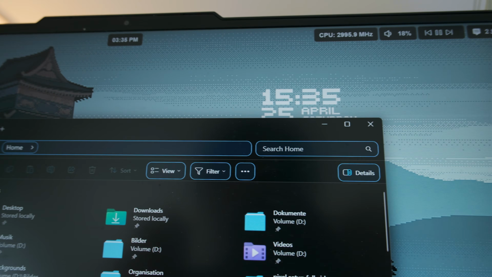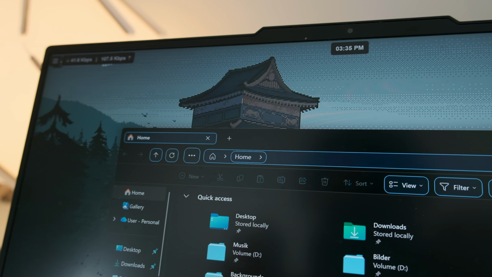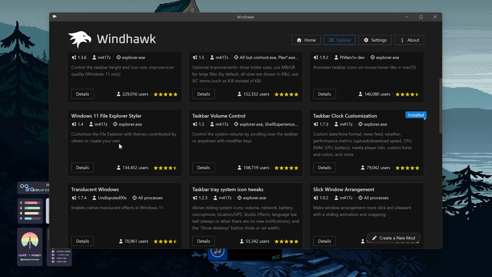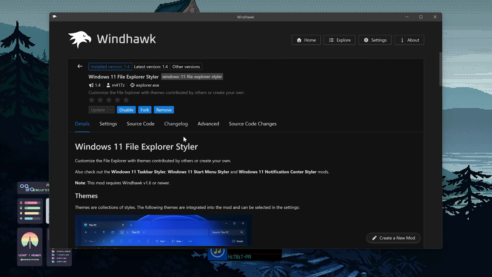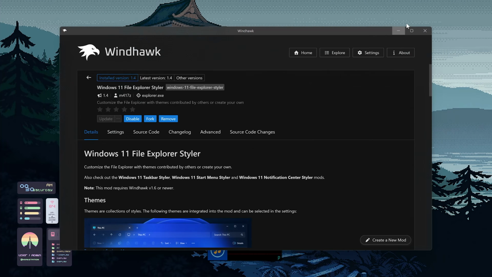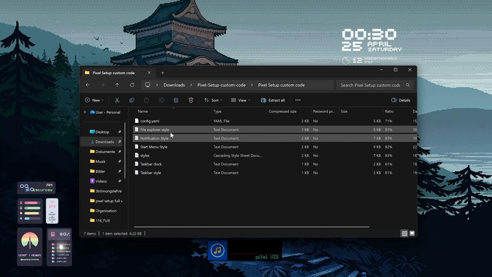notification menu style. Last but not least, we will also bring this style to the File Explorer. So in Windhawk, search for File Explorer Styler and hit Details again. Then as always, hit Install and ignore the warning to install the mod. This is the last mod we will need custom code for, so go to the folder with the codes for